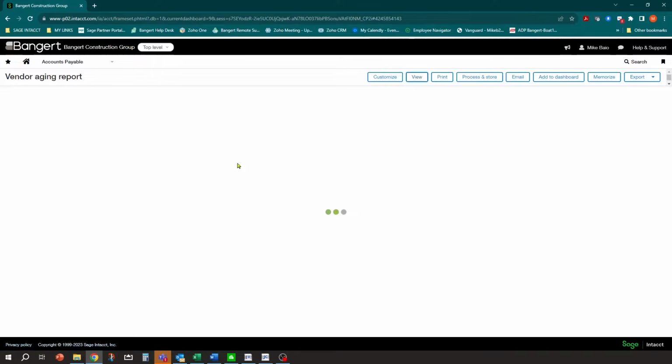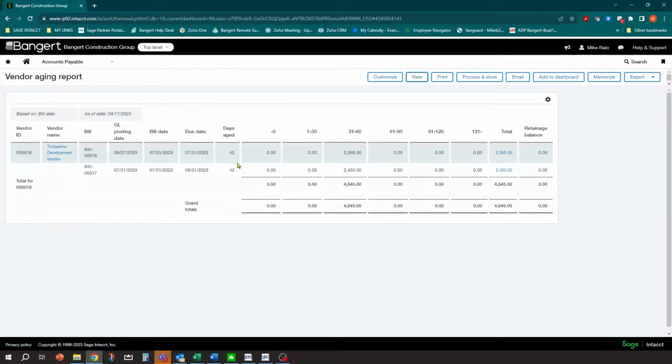And let's see what we get. Now you'll notice just by going into that pay bills screen and applying that credit to that invoice, it's no longer open, and I didn't have to take it any further than just going into that pay bill screen. So that does it for that. So that's kind of how you would get an invoice adjustment out if there is some kind of payment record already attached to it. Okay.